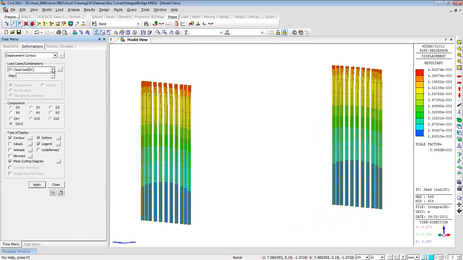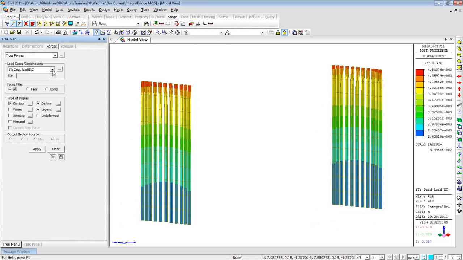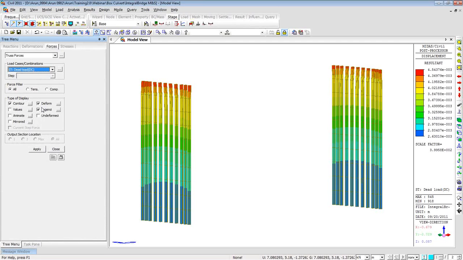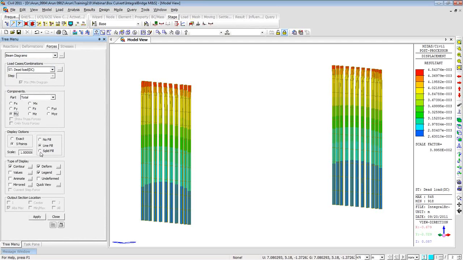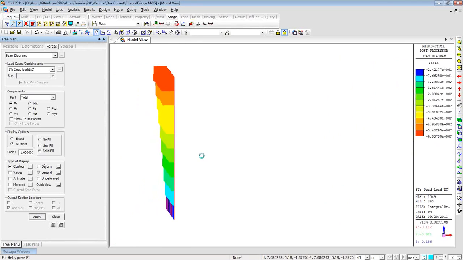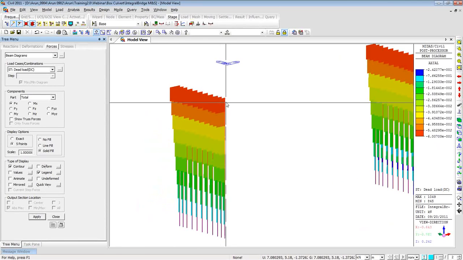And let me show you some bending moment diagrams for the pile elements. You can select, let's say, the dead loads, because they become really easy to comprehend, solid fill, and let's say FX. So here you can see the axial forces are maximum at the top, and they go on decreasing as you move down the length of the pile. So the pile behavior is